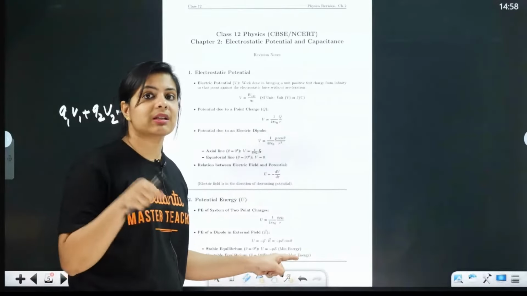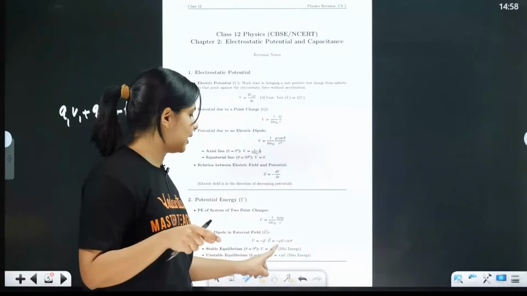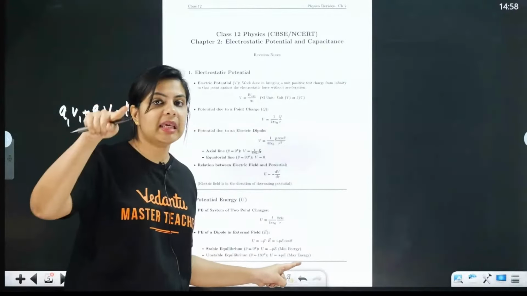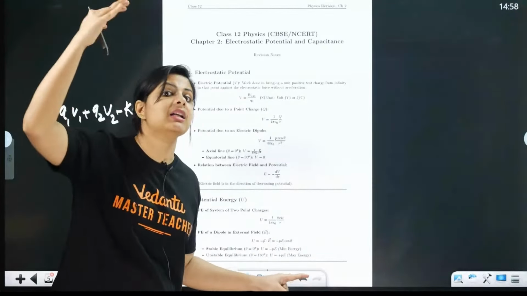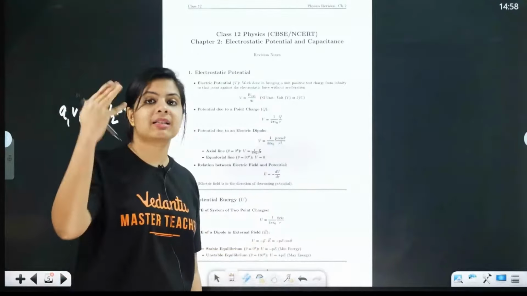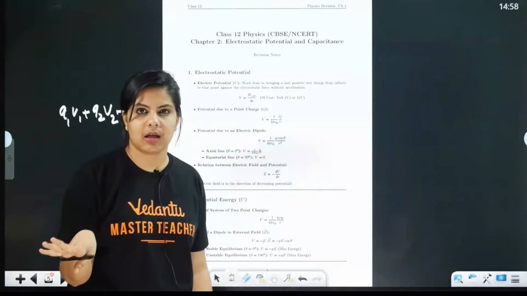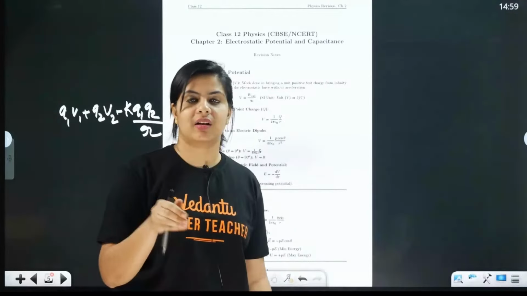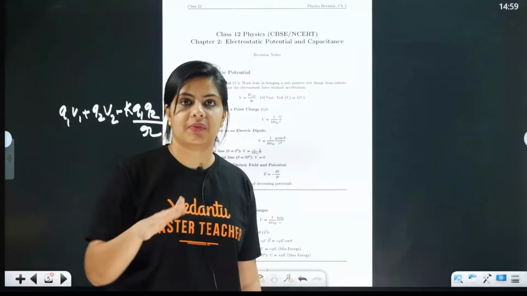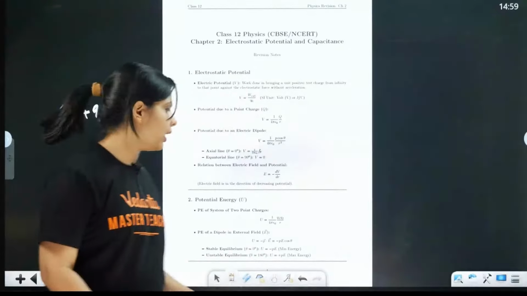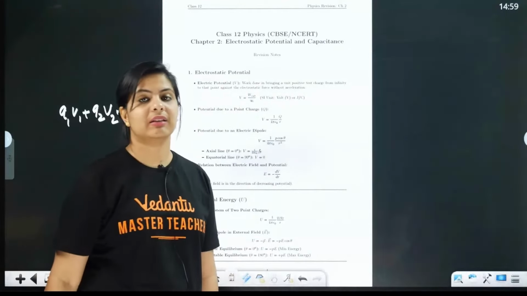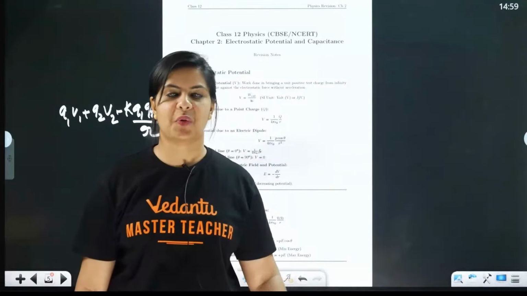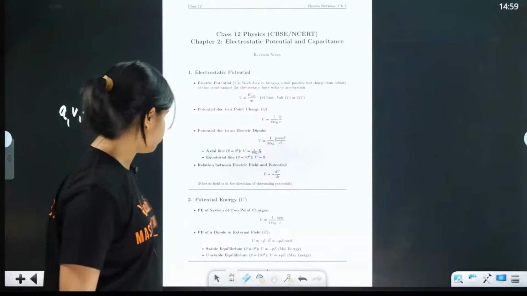If theta is 180 degree, what is this value? Minus PE into minus 1, so it is plus PE. That is the maximum potential energy, so it is unstable equilibrium. Whenever we talk about potential energy we always need a reference point. Here, when theta is 90 degree, the potential energy is 0, and we take 90 degree as the reference point.